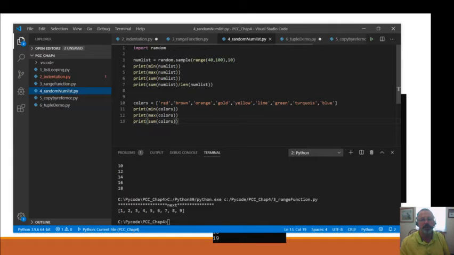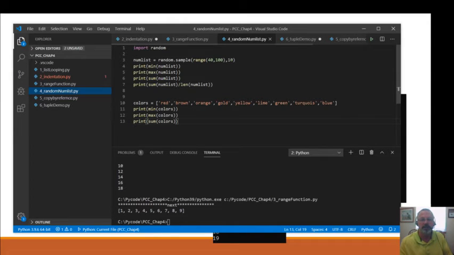So let's go ahead, and I'm going to import random just simply because, to me, this is more fun than what they did in the book. So I'm basically doing this range of 40 through 100. So this creates 40 all the way through 99. So I have this range of numbers from 40 to 99. I'm going to get a sample of 10 numbers in this range. That's my sampling. And I'm going to have just 10 random numbers between that range.